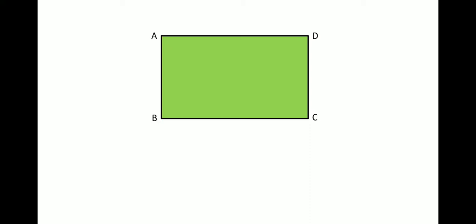So let's say that there is a rectangle ABCD, okay? And if there is a triangle, this triangle is not a right angle triangle like yesterday. This is an acute angled triangle. So the name of this triangle is EBC. All right, so how do we find the area of this kind of triangle, which is not related to the right angle triangle in the previous case?